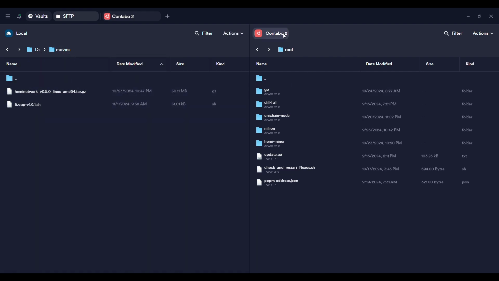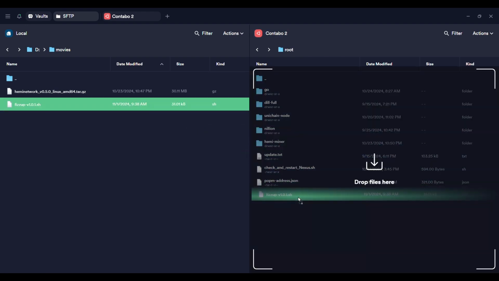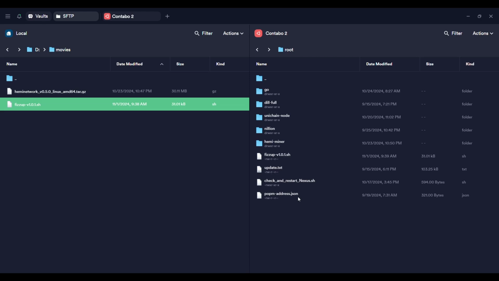Then select your VPS on which you are running, and then drag and drop this file into your root folder. Do not create another folder, use your root folder. Once this is done, go back.